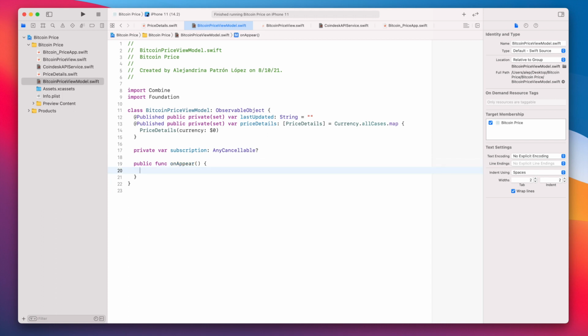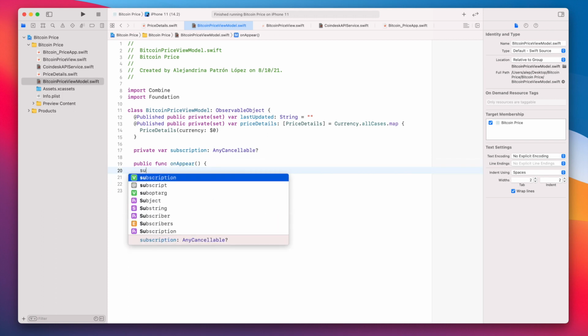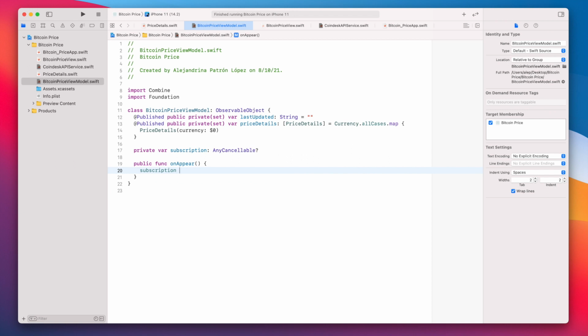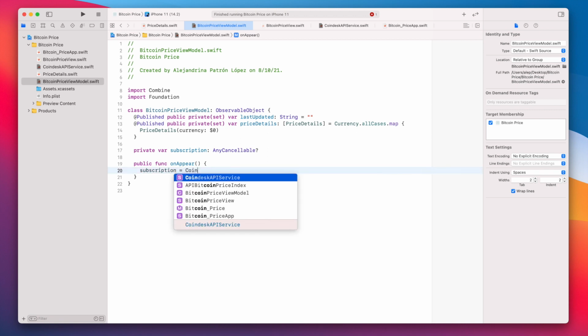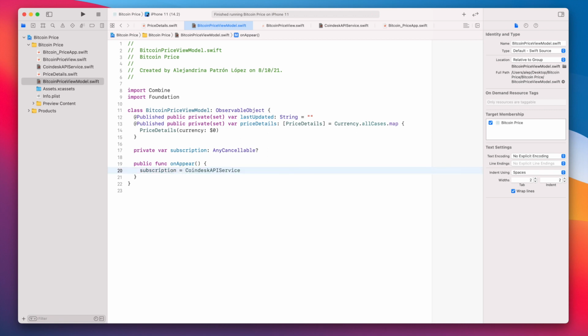So what we're going to do here is assign our subscription variable. And this is where we're going to call the CoinDesk API service. So this will be equal to CoinDeskAPIService.shared.fetchBitcoinPrice. And remember, fetchBitcoinPrice will return an AnyPublisher that will have an APIResponse for the outcome and an error in the failure case. So now that we have our